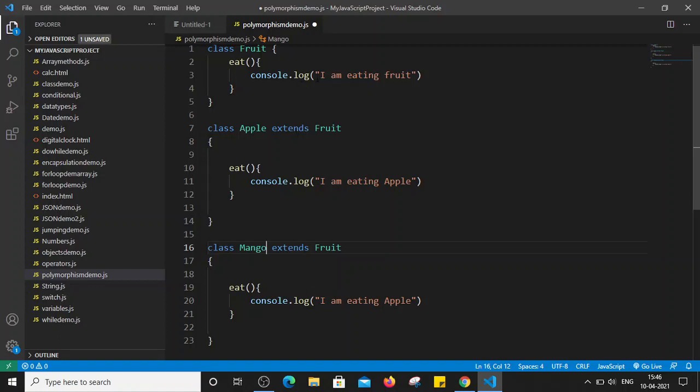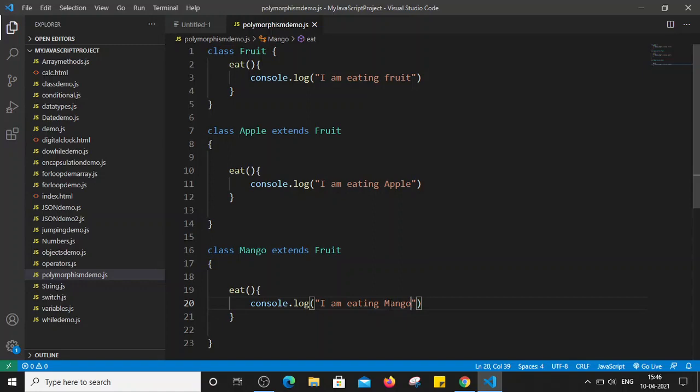So basically the first method will print "I am eating fruit", which is in class fruit. The second class, class apple, contains the eat method with a different implementation, because that prints "I am eating apple". And the third class, class mango, which also extends the fruit class, has one more eat method, and that will print "I am eating mango". We have to remember polymorphism provides the way by which we can perform different actions in multiple forms, right?